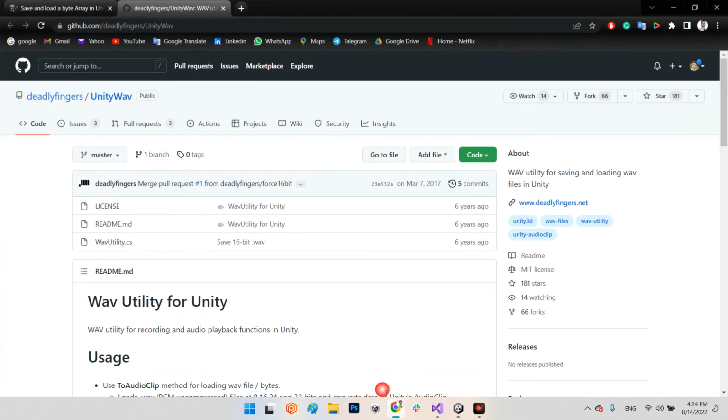file in Unity. I already found something for this task, which is called UnityWAV. It has been made by Deadly Fingers on GitHub. You can find it. And this script, waveutility.cs, is our encoder and decoder system to convert the audio file to an array of bytes or convert the array of bytes to the audio